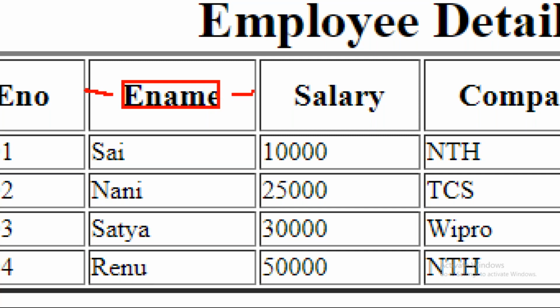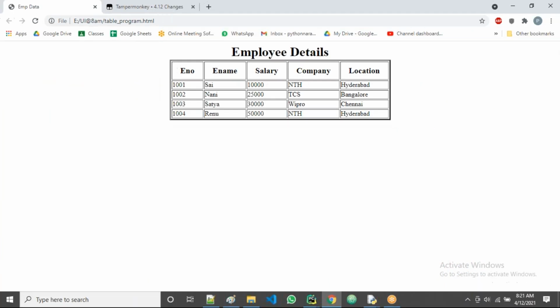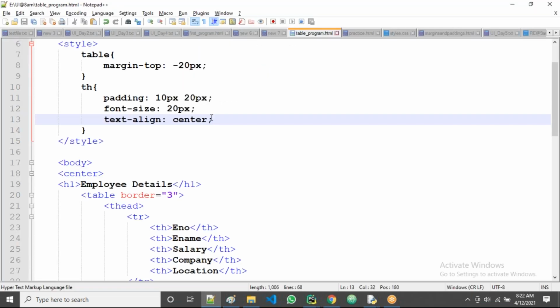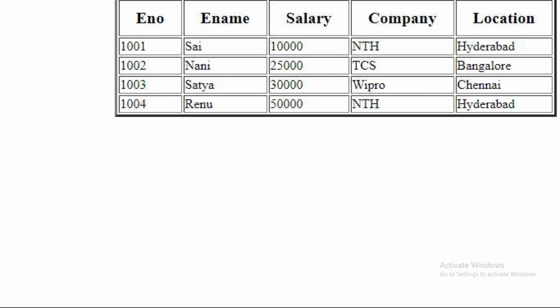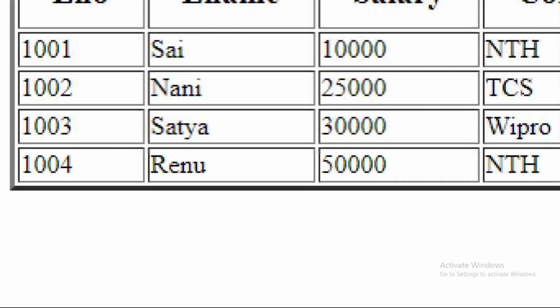If you take text-align center, then the text will arrange to the center automatically. So it came to the center already. Now what I want is to apply the same for the body also, guys, right?